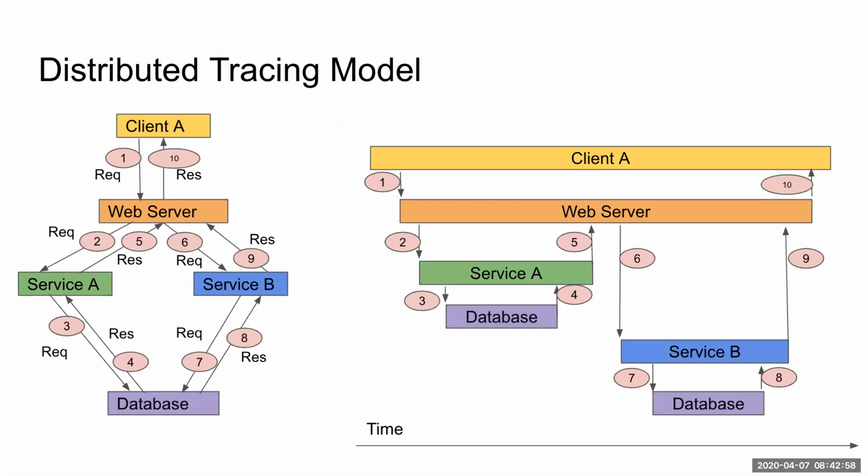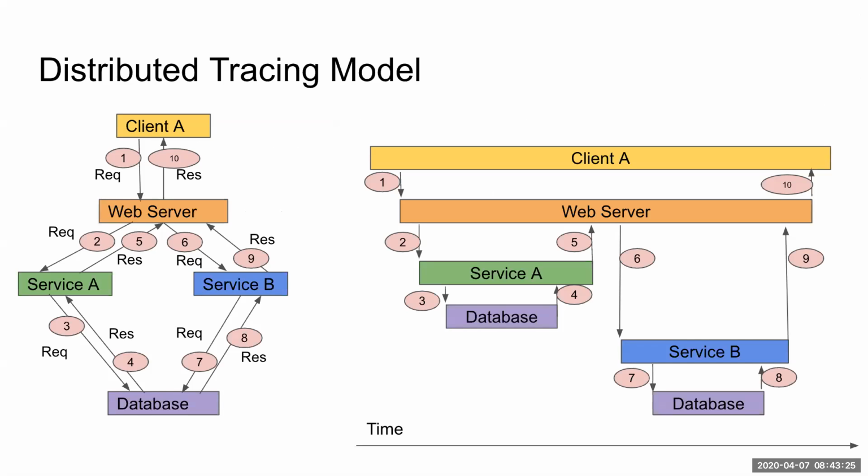And here we will talk about the basic model of distributed tracing. On the left side is a very common use case in the microservice environment. It's a very common workflow. We have the client, just like the HTTP client, maybe a tool like curl or wget. And we have the web server here. And we also have some backend services, different services, and we also have a database.